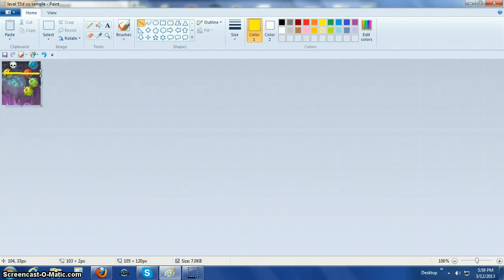The smaller pictures are just a little bit harder to work with. You want your lines as